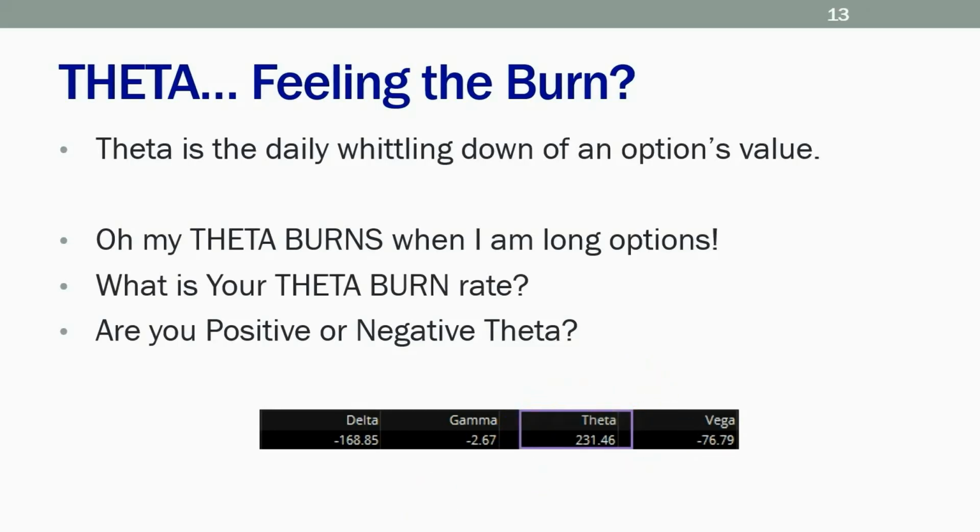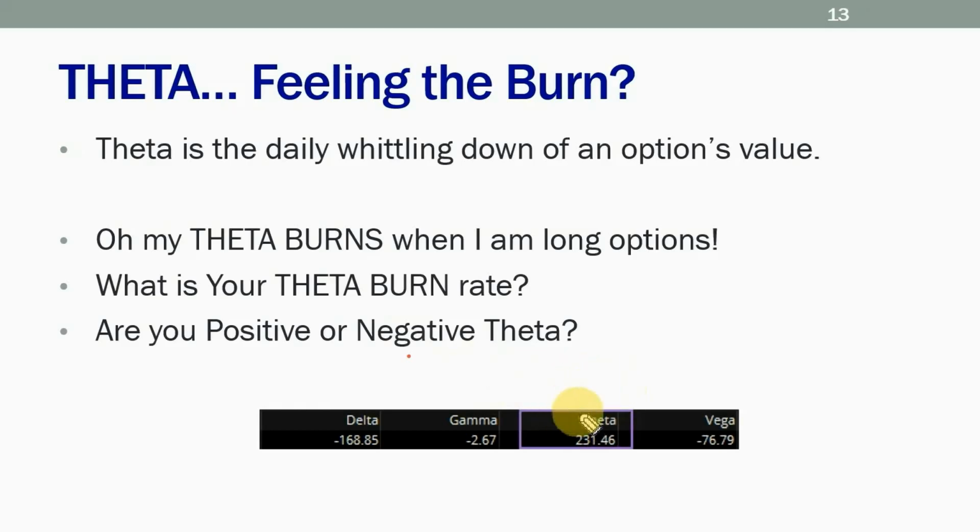Now, this is not going to be a highly detailed lesson on theta and gamma and vega today. Push it aside. But I cannot tell you how many times over the years I've looked at others' brokerage accounts. When I worked at Thinkorswim or TD Ameritrade, somebody would send me an email saying, hey, I really need help with a position. So the first thing we do is go into their account. They say, well, I'm hemorrhaging money. It only took me about 1 second to figure out.